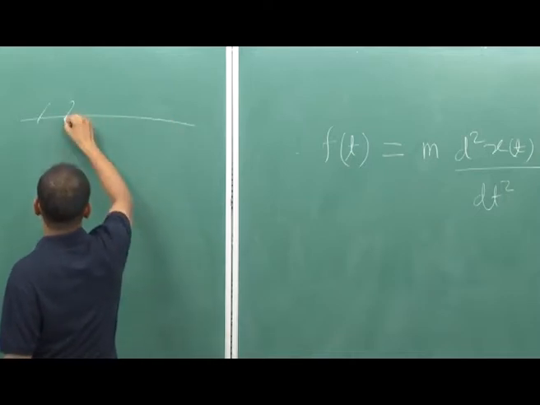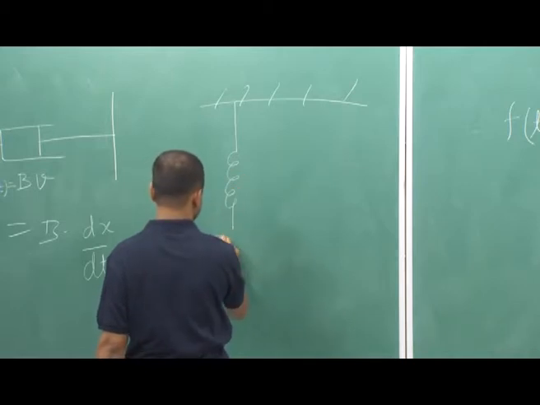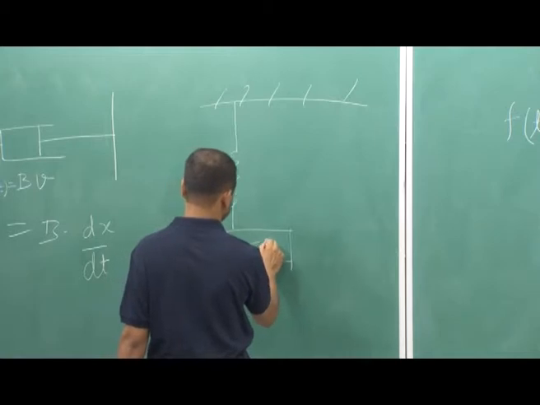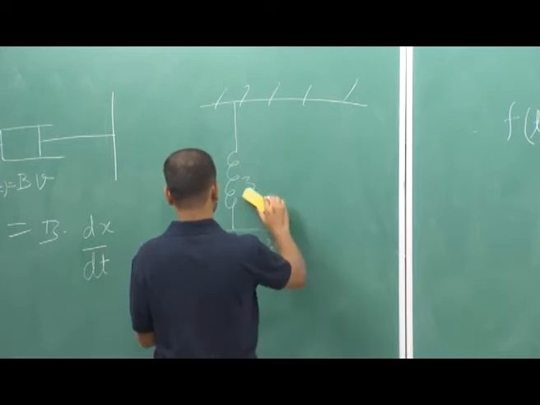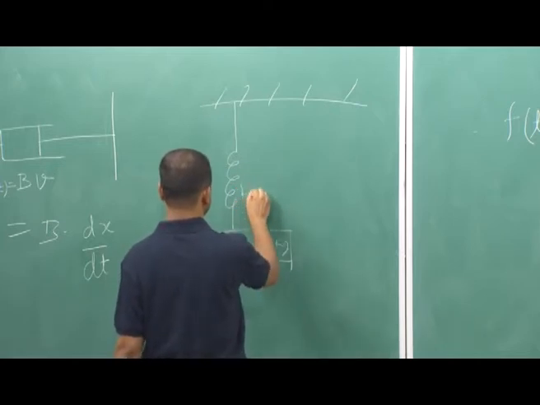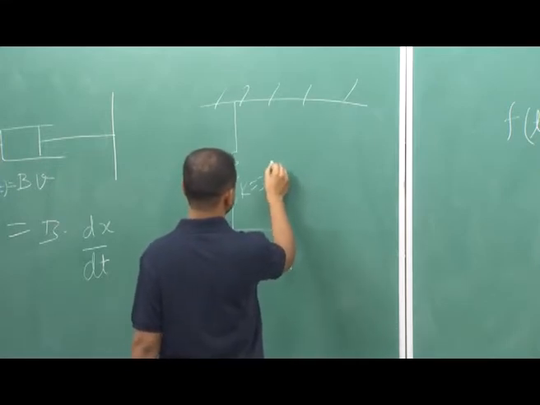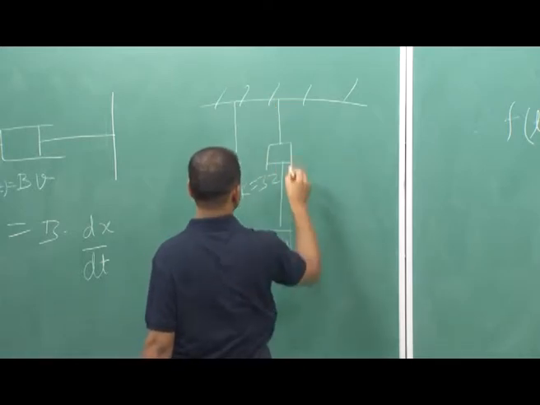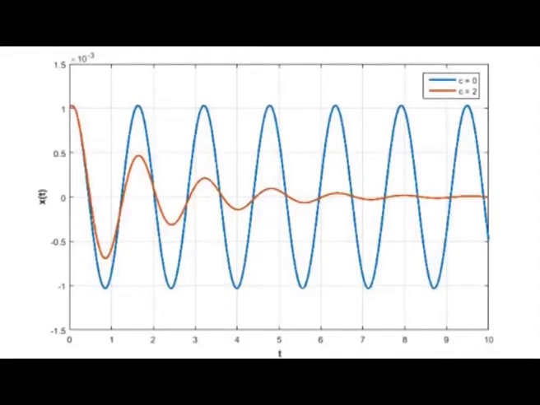Suppose this is the spring and one mass is attached to it, it is 2 kg and the spring constant k is 32, and there is a damper and its value, suppose, is 2. Now, you can see in this plot the amplitude of the oscillation is decaying with the